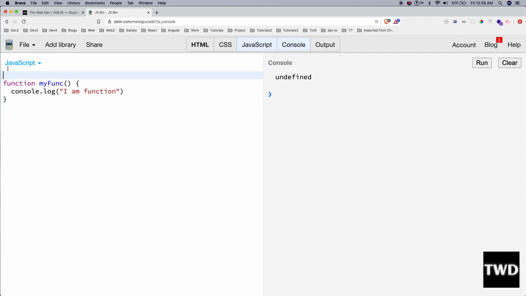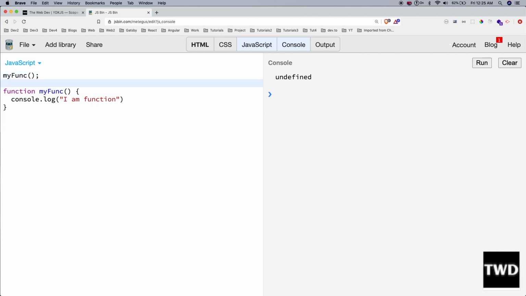We can call it here, above the declaration, and this is totally fine and will work because of that same compiler and interpreter logic. When the compiler comes here, it will register it, and then when the interpreter comes and runs it, it will run. The interpreter will ask the compiler whether there is a myFunc, it will say yes, so it will not give any error and it will run it.